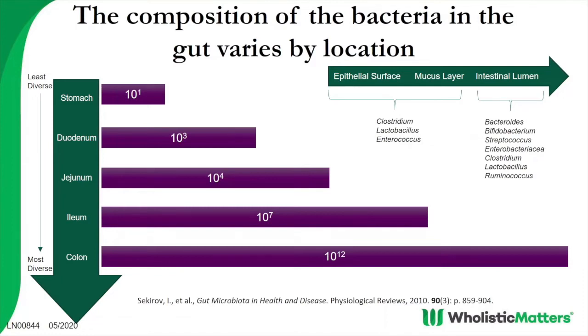Things have to move through this gut barrier. But in that intestinal lumen, you have all these microbes that live there. And the microbes that live there are going to be a little bit distinctly different from the ones that are housed within the mucus layer, and then ultimately the ones that are closest to the epithelial surfaces. So these microbes range within these locations in number and diversity, but also just architecturally in the GI.